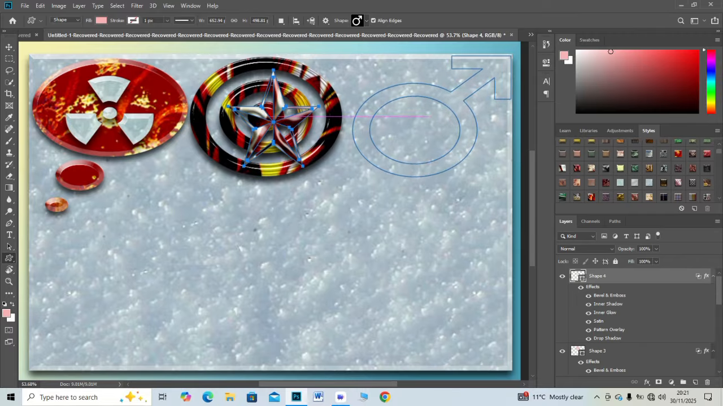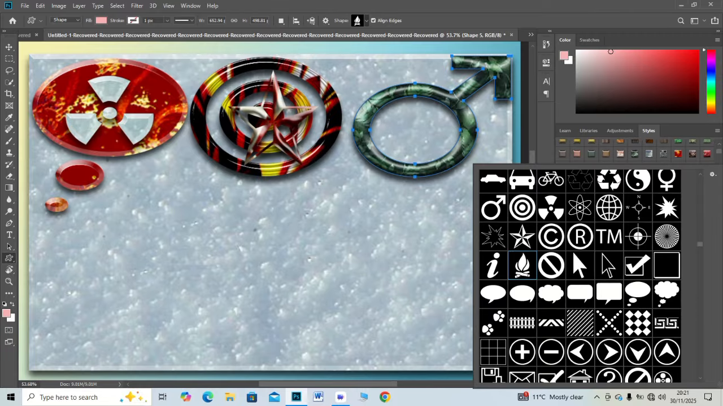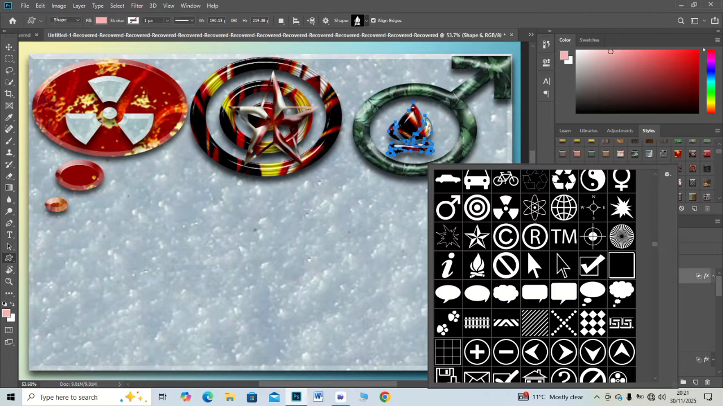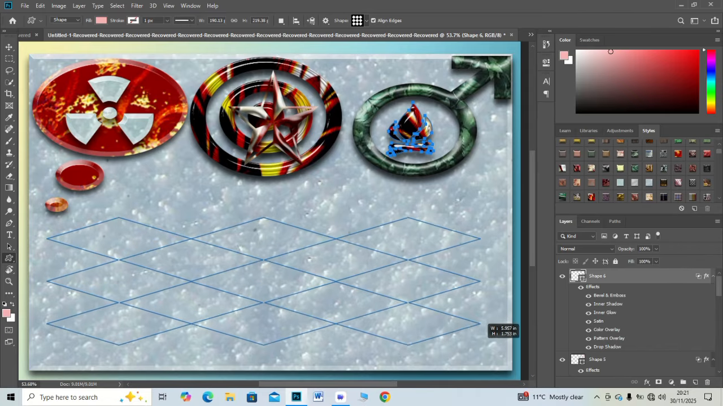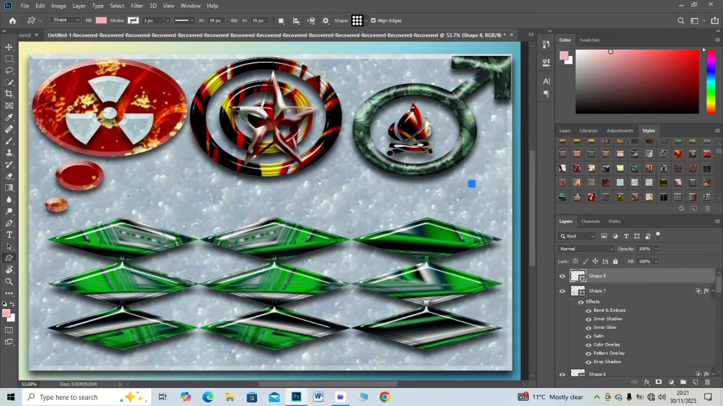Move into the distribute section. Use distribute left edges to equalize horizontal spacing, or choose distribute right edge for spacing based on the opposite side. Every gap becomes accurate and uniform. This is essential for